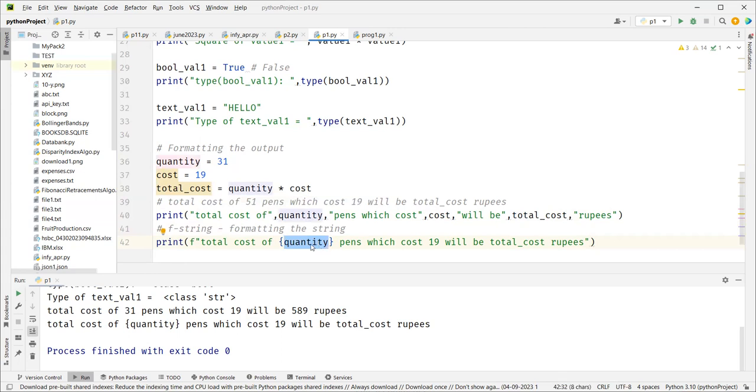Curly bracket indicates that you want to replace whatever is within the curly bracket with its value. If I do not put curly brackets, the variable text will be printed as it is. But I want to replace it with its value. So I'll put curly brackets around it. Now when you run it, you see quantity is replaced with 31. Same thing I'll do